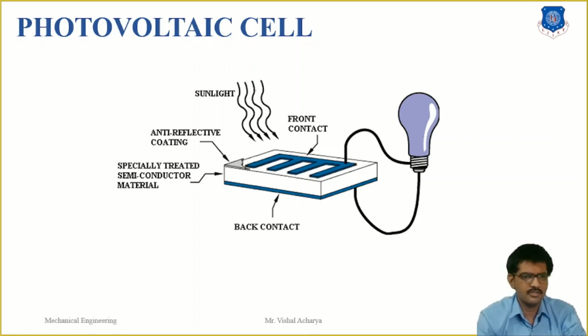In this figure, you can see the layers of the PV cell. A photovoltaic cell is comprised of many layers of material, each with a very specific purpose. The most important layer is the specially treated semiconductor layer. It is comprised of two distinct layers, P-type and N-type, and actually converts the sun's energy into useful electricity through a process called the photovoltaic effect.